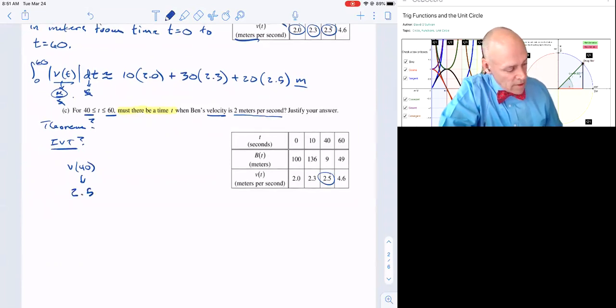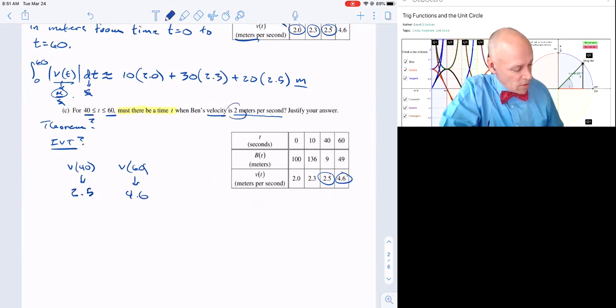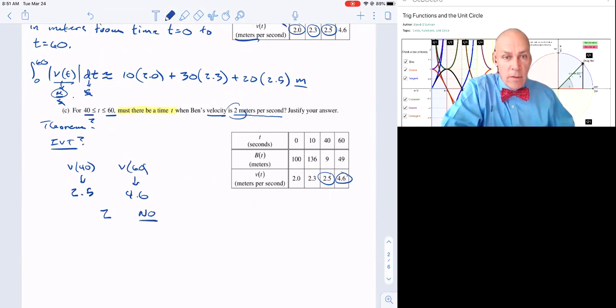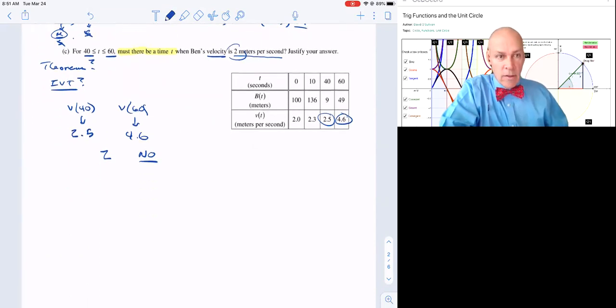And then V at 60, velocity at 60, again for my table is 4.6. And so do I see 2 in between that? Well, no. Okay, so I've kind of looked at it in terms of intermediate value theorem. It doesn't fly according to the intermediate value theorem. But if I look at it in terms of the mean value theorem for derivatives, so MVT for derivatives, I